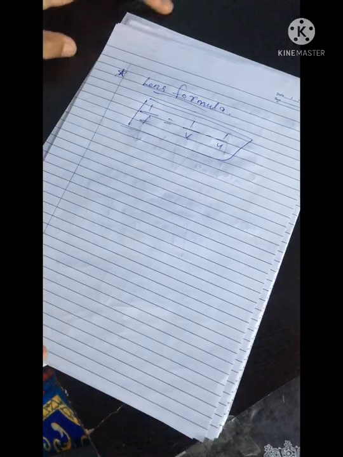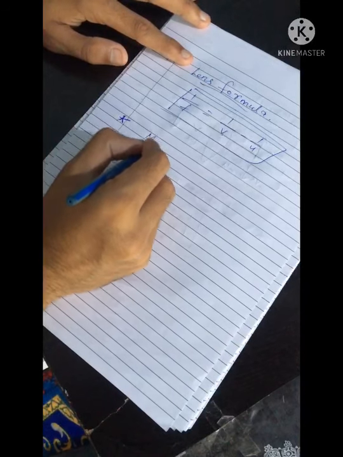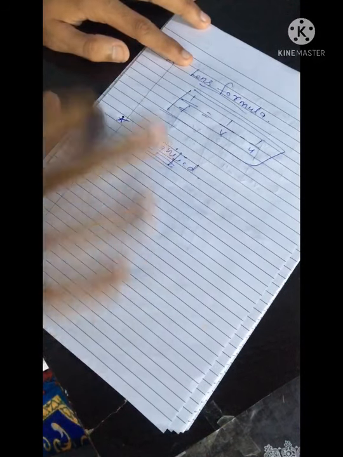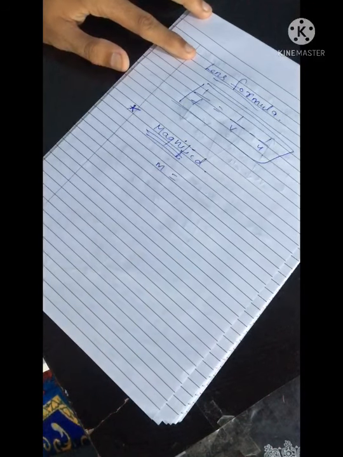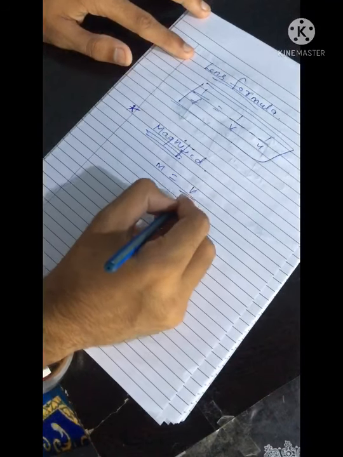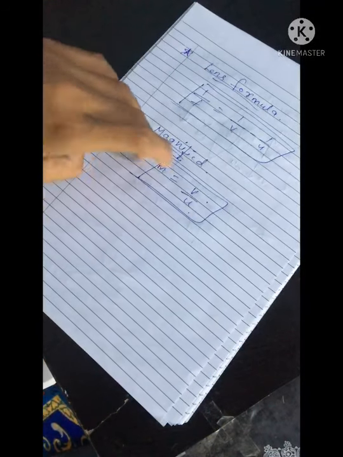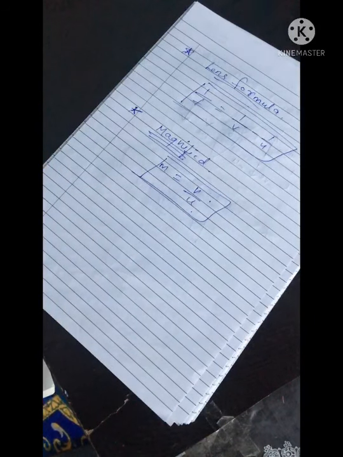And one more thing, if we have to find the magnified height, whether the image is magnified or not, and then how much it is magnified, then we have a formula, m is equal to v upon u. V is the image distance and u is the object distance. So magnification will be equal to the image distance upon the object distance. It will give you the height.